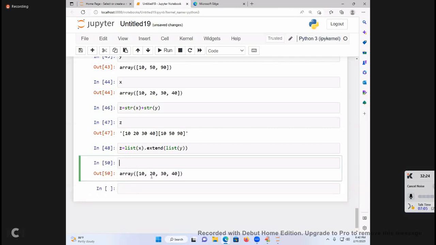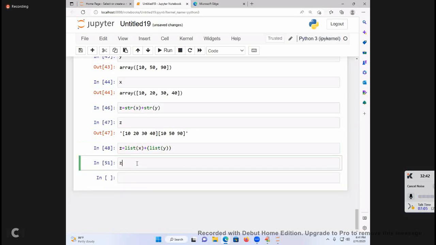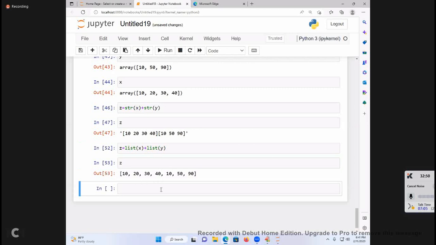One minute, students. I'll take it. List of x. I can say plus, and keep it into z. Now z I can print it. So list of x plus list of y. And print z here. Am I getting the data or not?